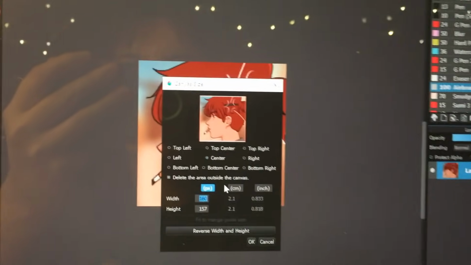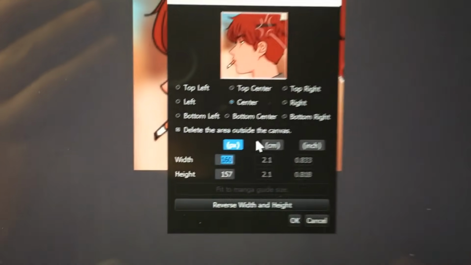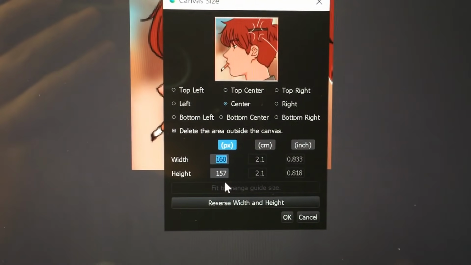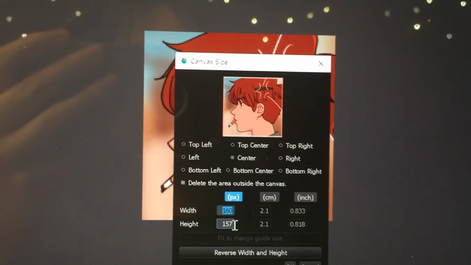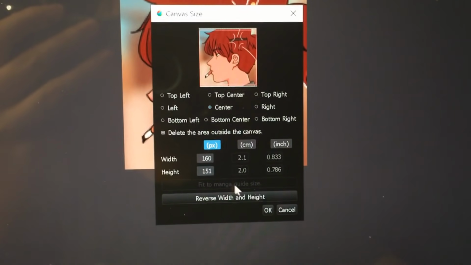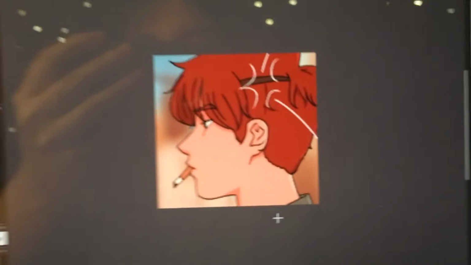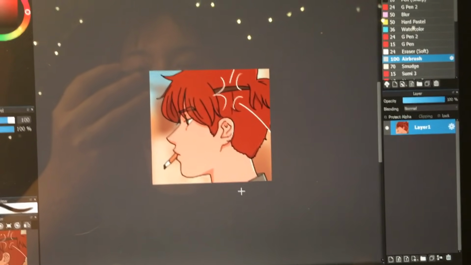And we made it a little bit, or I made it a little bit too tall. As you see, the height is more than 151. So I'm gonna go here to the canvas size, which just adjusts the canvas, not the size of the image. And I'm gonna change that to 151, and there. Now it is 160 by 151 pixels. That's the new dimensions. I'm gonna save that